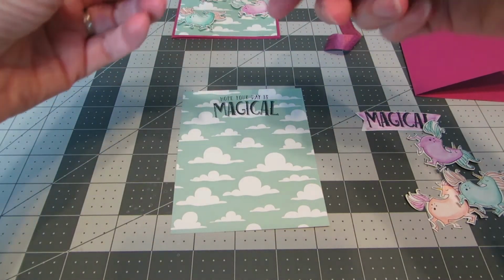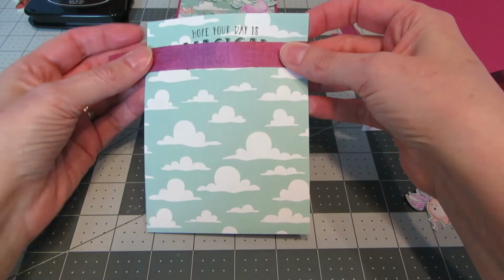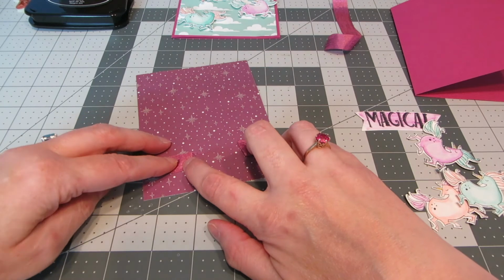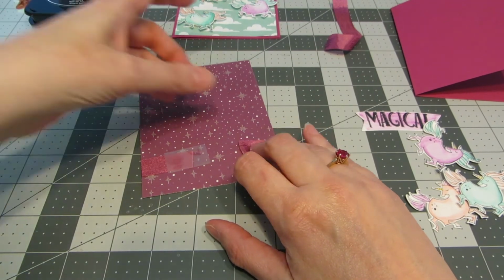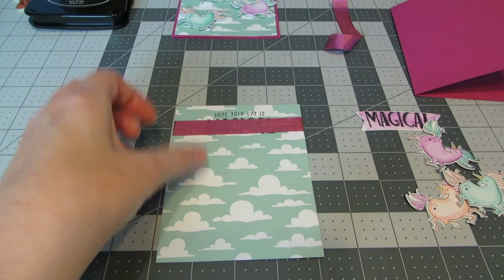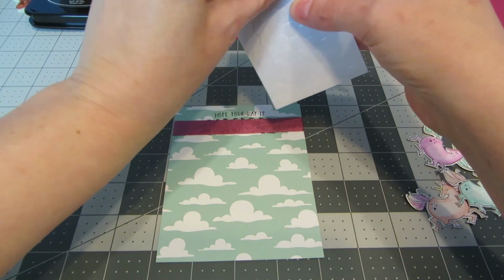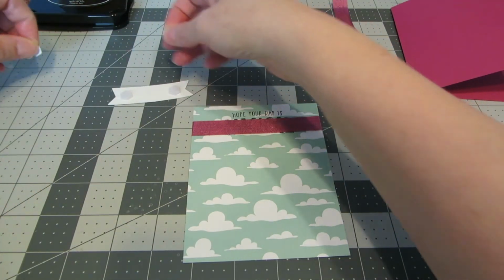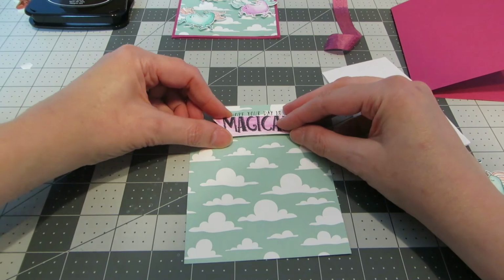And now I'm going to take a couple of pieces of ribbon, just as long as it's long enough to, this is about 6 inches, to wrap around your pattern paper. So lay it right over top of the magical words, and I'm just taking just regular Scotch tape. You can use whatever adhesive you have on hand, and I'm just taping it down in the back right over top of those words. Now I'm going to take some foam dots and place that on the back of the banner that we die cut, and lay that over top of the ribbon